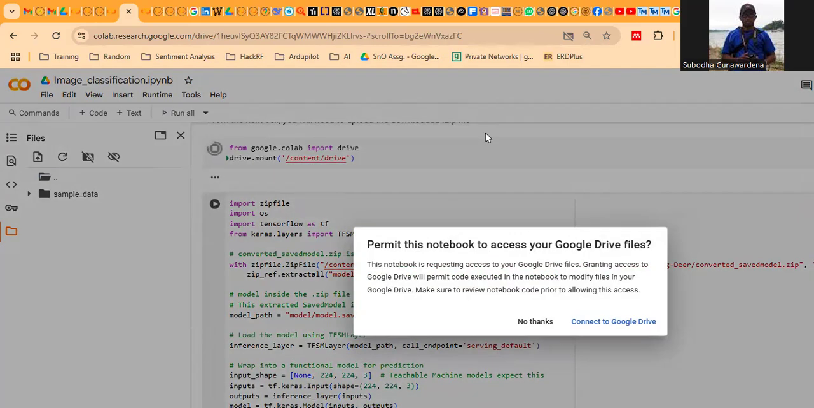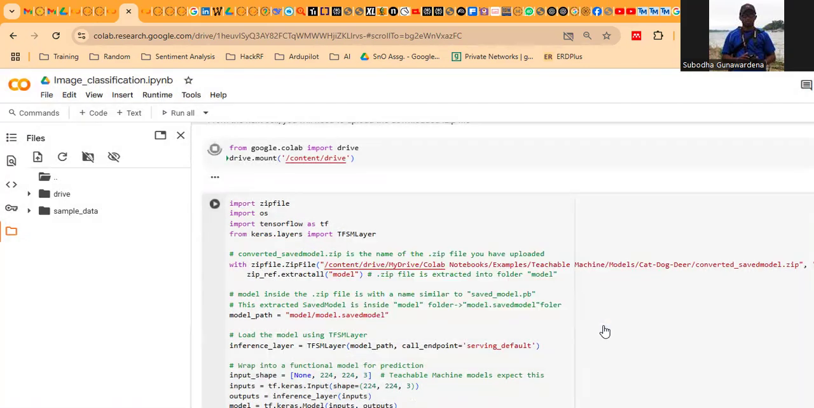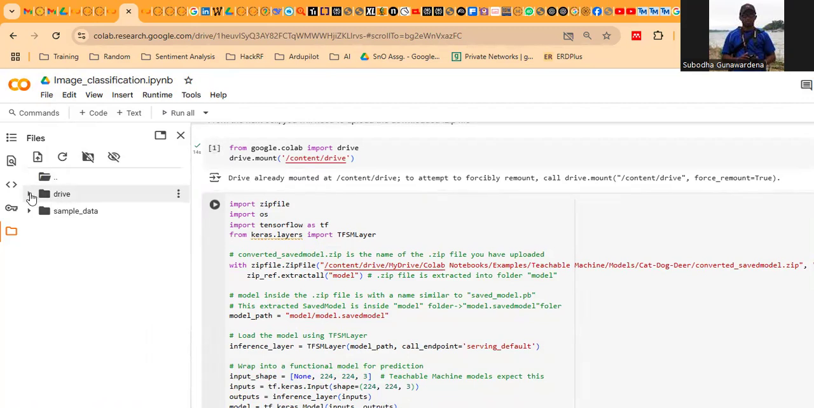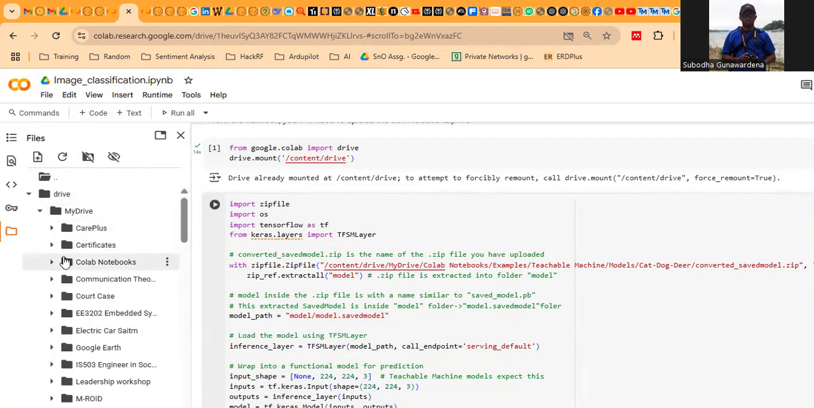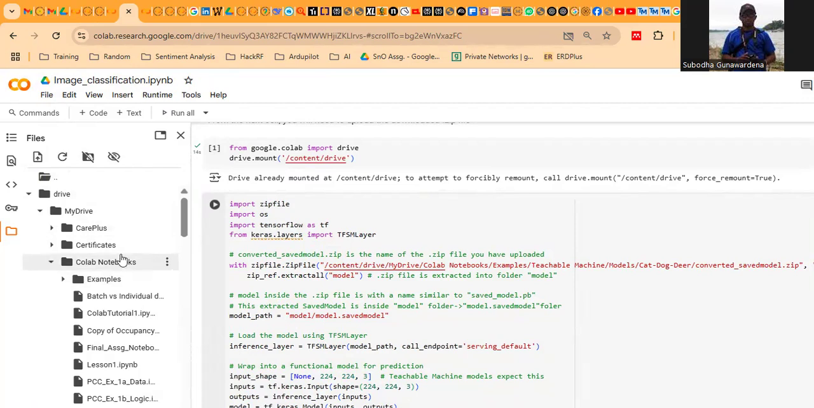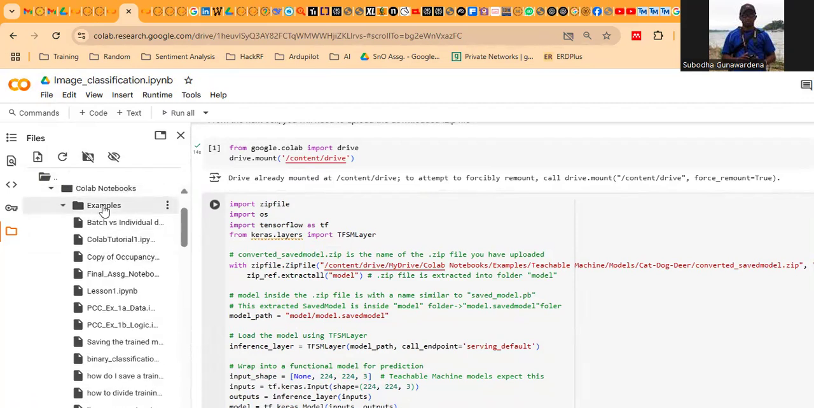I have to give certain credentials, right? So connect to Google Drive, yes. And I have to say to use this account, continue, and continue, right? Now it will add my Google Drive here. And then now I have to go to this my drive in my Colab notebook in examples folder, in the